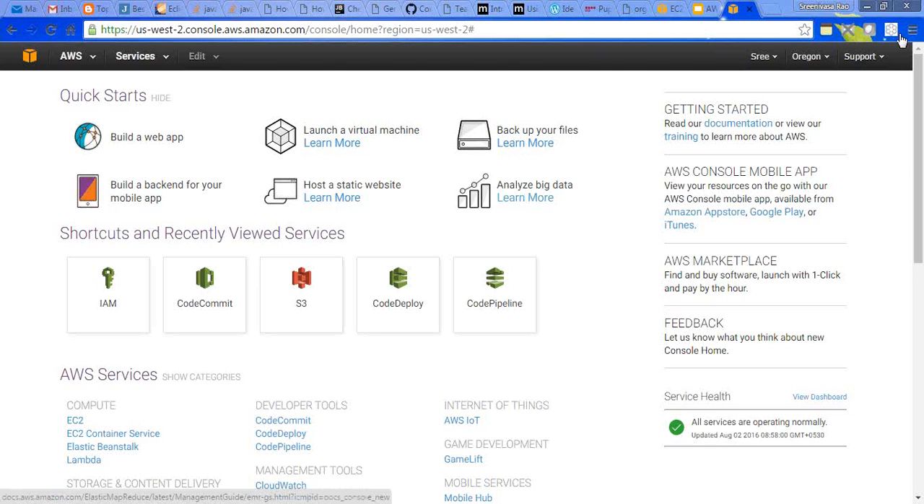So yesterday we discussed AWS CodeCommit, and we briefly went through CodeDeploy. Today we will walk through how we can create CodeDeploy services and how we can use them in our real-time scenarios. Okay,